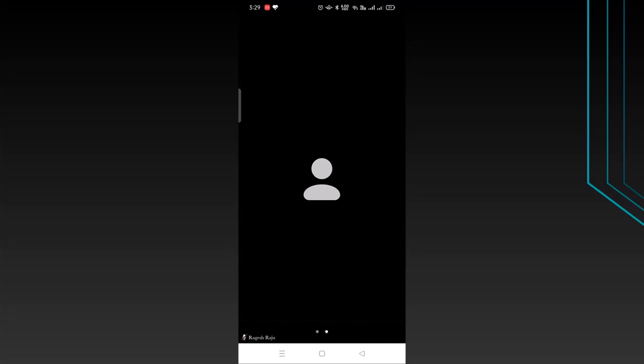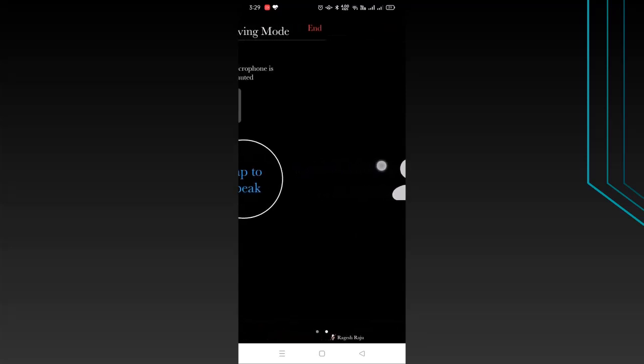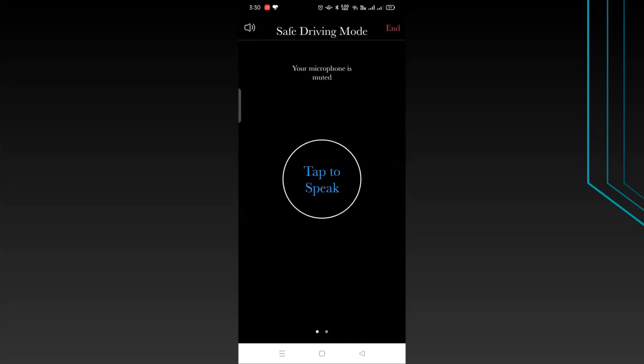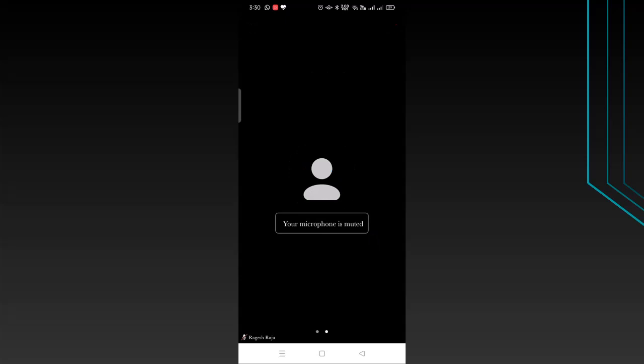Okay, there was an option called smart driving. Right now from the screen, if you just tap and move it to the right side, this is a safe driving mode. Whenever you are driving, you can put it in this mode. Right now your microphone is muted, so whenever you want to speak, just tap on this and you can speak. Once you are done speaking, I click on done speaking, so you get muted. This is one best way which you can use in the driving mode. When there are participants, you will see a list of participants on this side. We will see how it works.